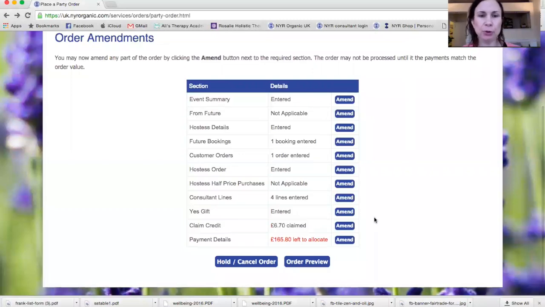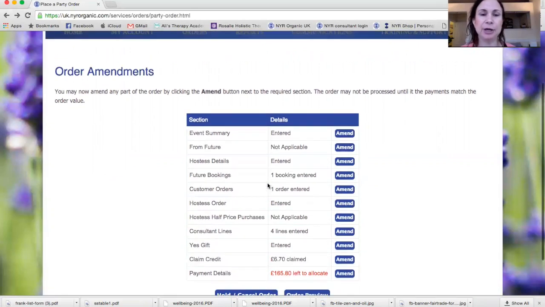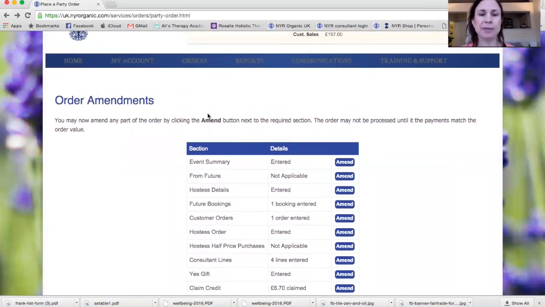If you're not quite yet ready and you want to add in a few other bits, but you need to call someone, or you're a bit confused and you need to call me, then you can put your order on hold at any point, and it will hold it for 48 hours. And then you can get any of the final details you need, and you can go back into orders, and there'll be an option, amend orders, and you can click back into this order